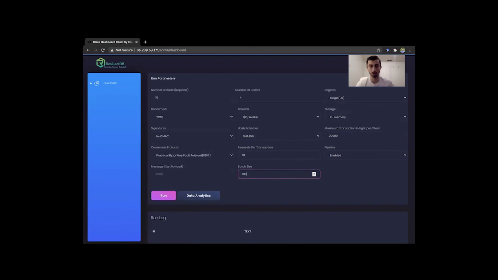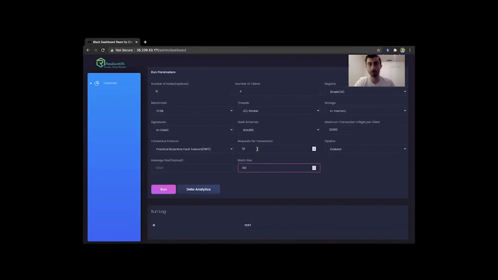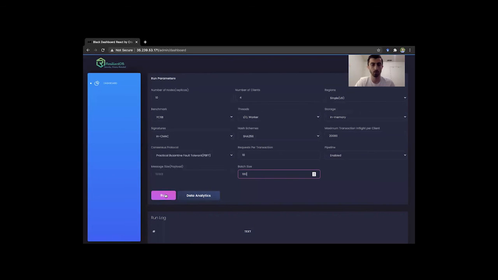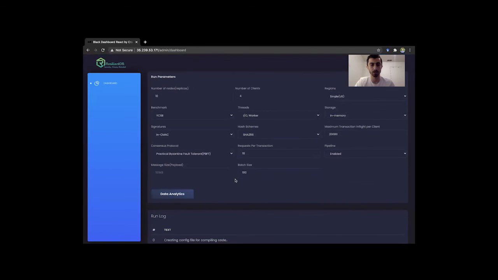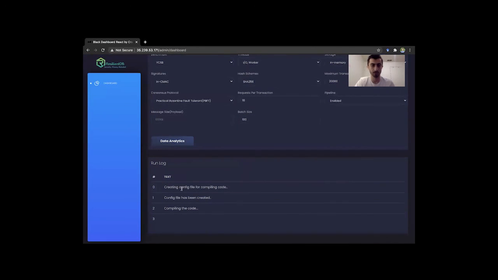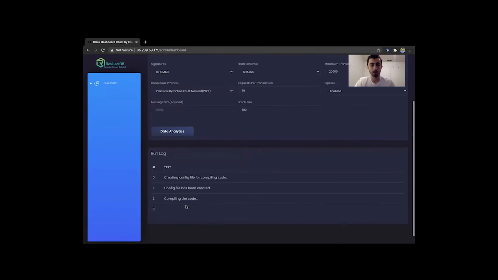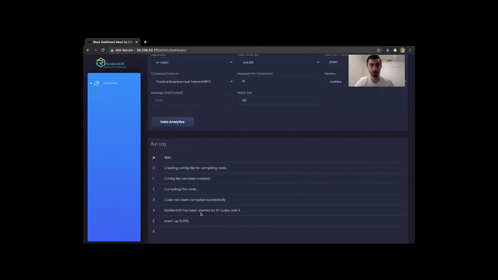Now I will just be using 100. Once you set up all your parameters in the web dashboard, you will be clicking run, and it will say the ResilientDB started successfully. And you can see the logs here online. For example, it has created a config file, and now it is compiling the code. And after code gets completely and successfully compiled, ResilientDB will be run with the number of nodes that you have set it up